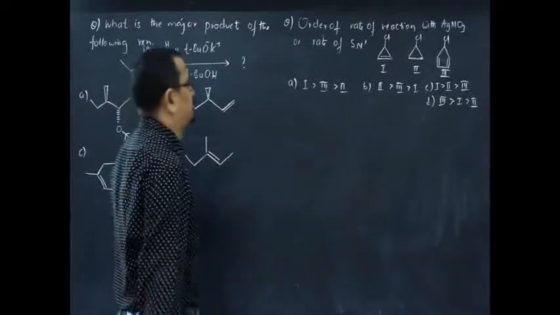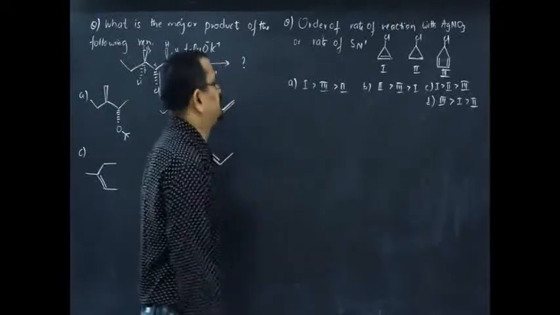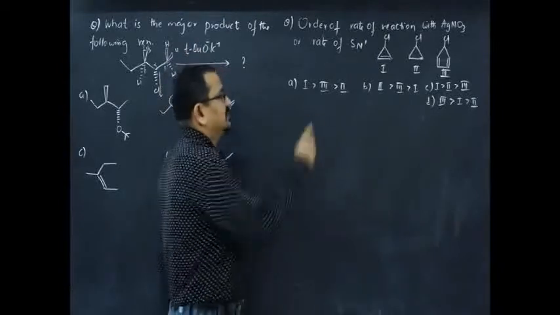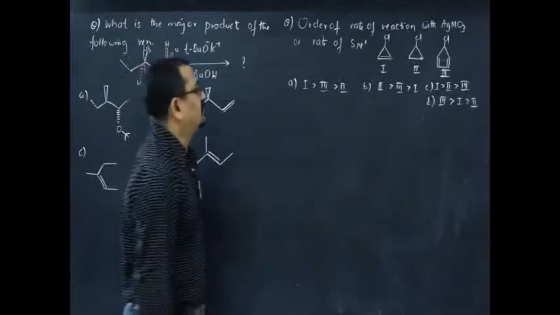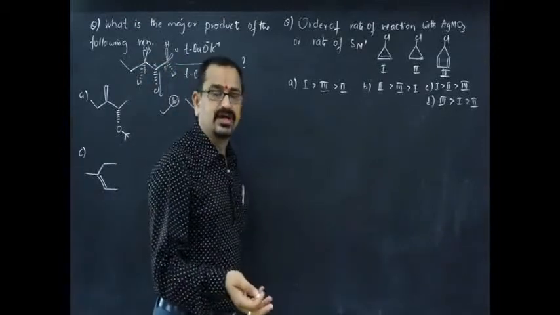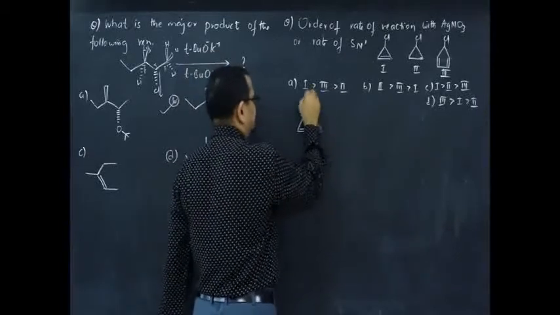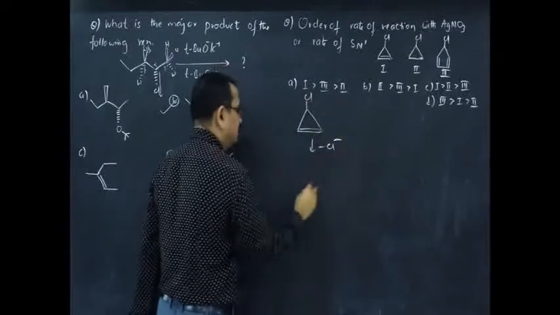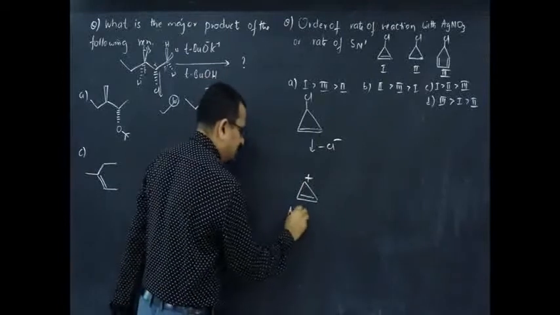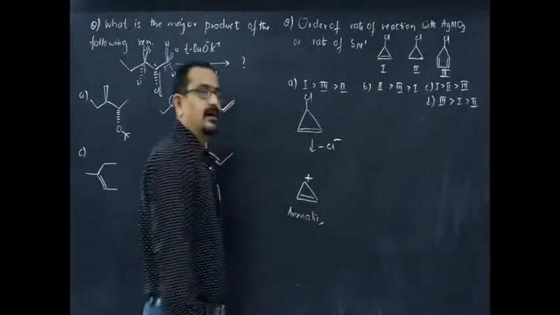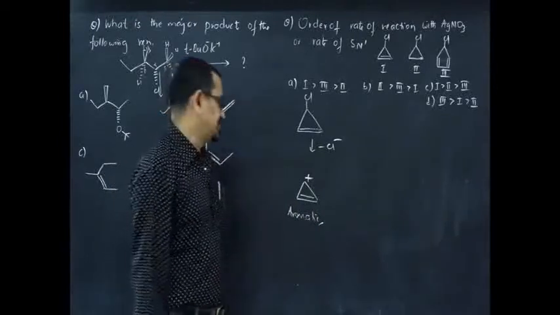Next, when it comes to this question, order of rate of reaction with AgNO3 or rate of SN1 reaction. So, its rate will be more when the intermediate formed is more stable. More rate will be shown when the more stable carbocation intermediate is formed. Like suppose when this is the first compound considered, on leaving group elimination, it had given, see, a compound, this is aromatic. What are the conditions for aromaticity? Planar structure, conjugation of pi with another pi or lone pair or with a positive charge, 4n plus 2 number